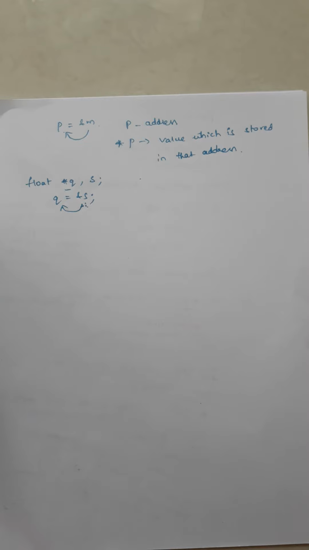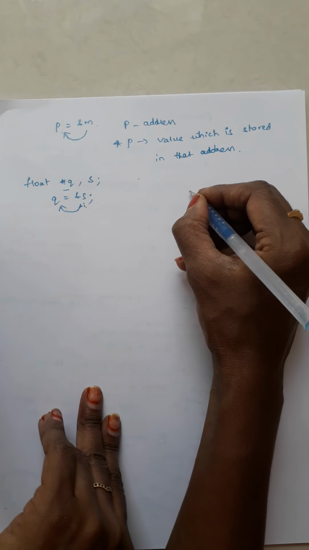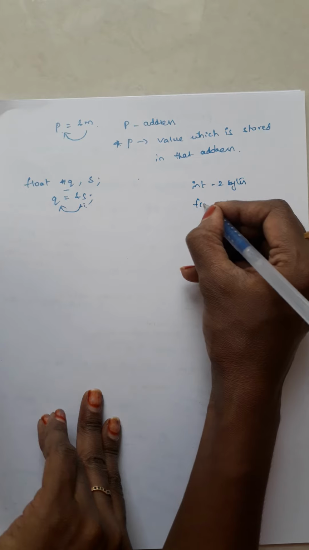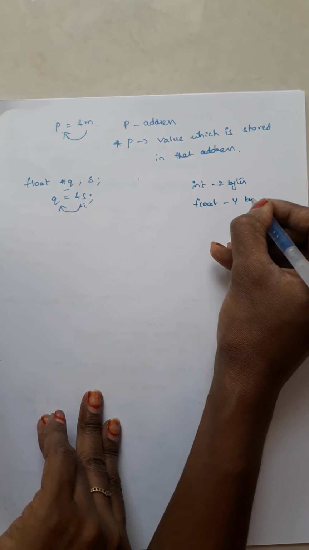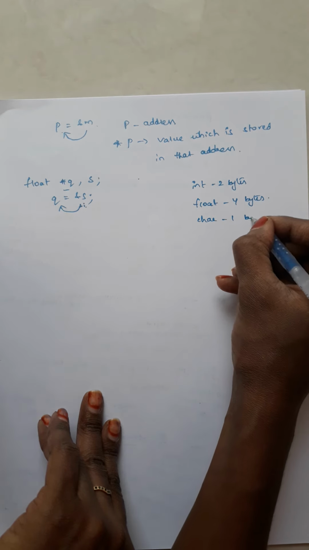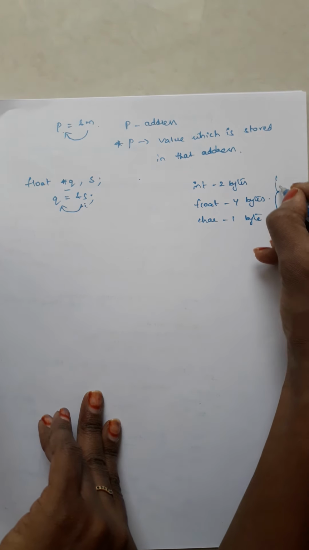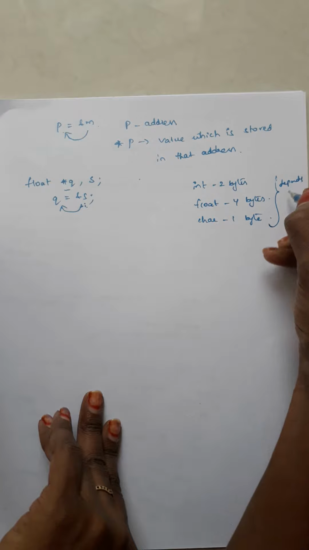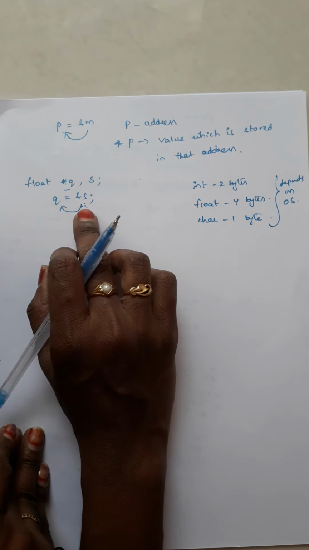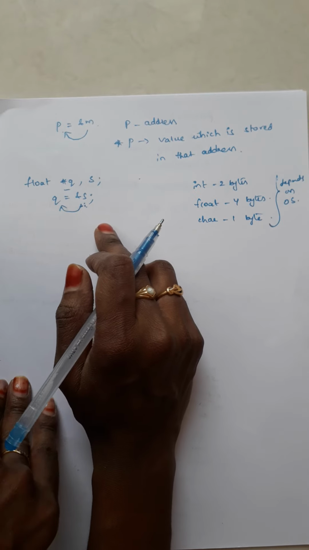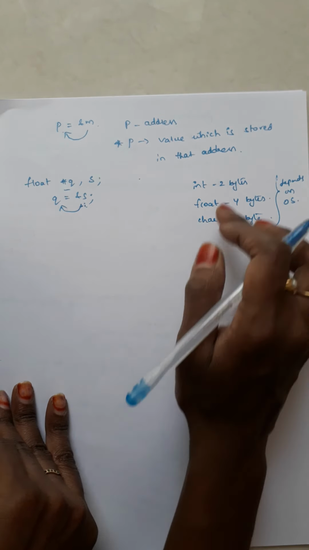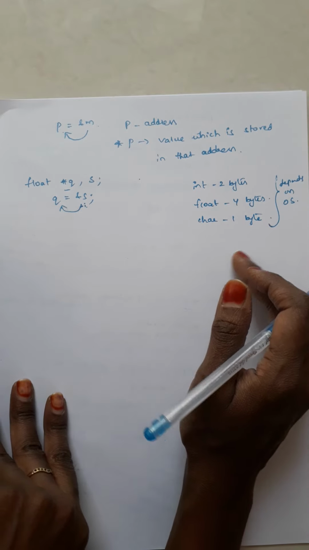Because the sizes vary from one type to another, the size is not the same for every type. For example, let the int size be 2 bytes and the float size be 4 bytes; it depends upon the operating system. The char size is 1 byte, which also depends on the operating system. That's why the address is stored according to the data type declared, and a pointer stores only that type of variable's address.